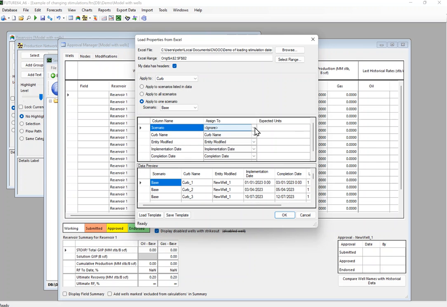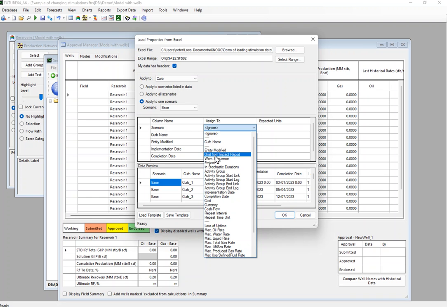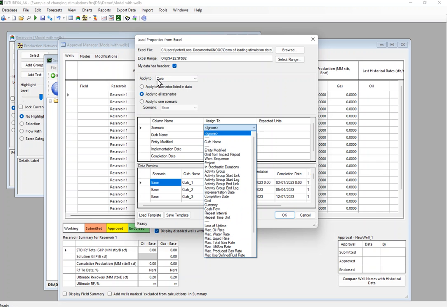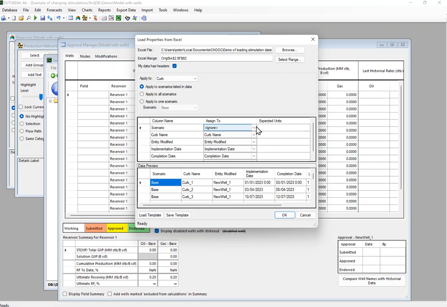The only one is it doesn't realize that scenario is the same as scenario name. Okay, so that's if we're using this option here. If we're using the other two, then you don't need to tell it the scenarios. Okay, so this is the preview,